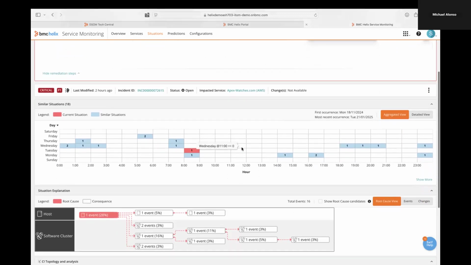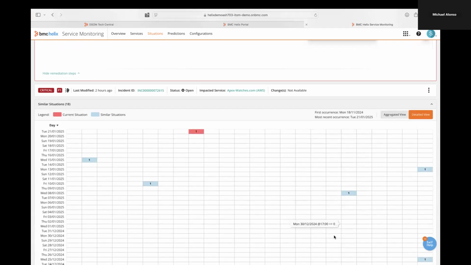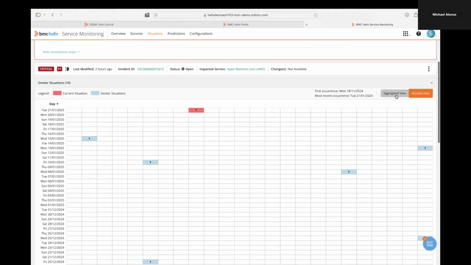Now, when we come down, we start looking at large language models. With the LLM, we want to see where our current situation is and where this has happened before. Do we have a discernible pattern? How often is this happening? Is it happening every Wednesday at a particular time? That way we can ask what's happening Wednesday at this time that's causing this. So we can have this in an aggregated view, and if you want to really look at all this information, we can get much larger views with more data.